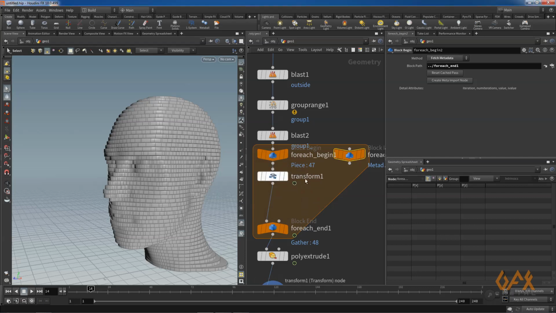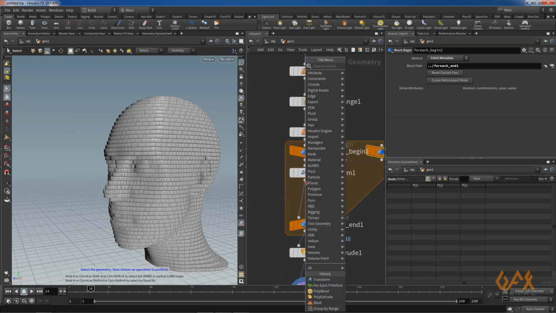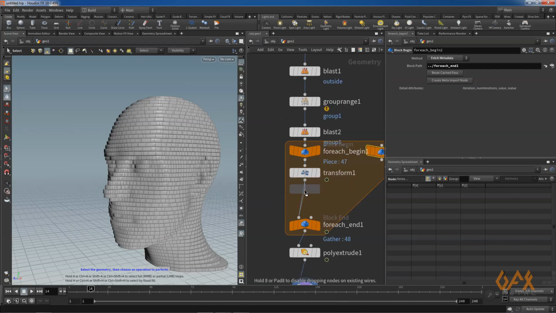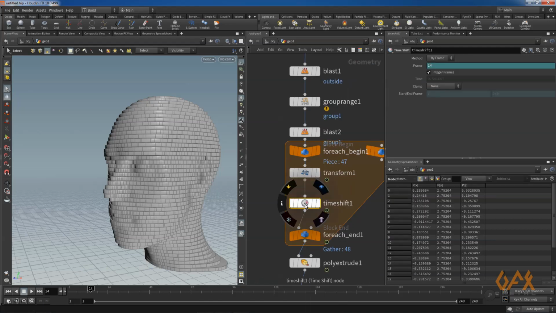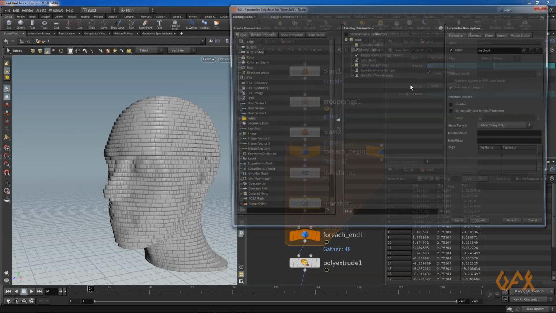So for calling that metadata in your process, I need that time offset. For that I just right click, click time shift. Now here I prefer to create one parameter, edit parameter.